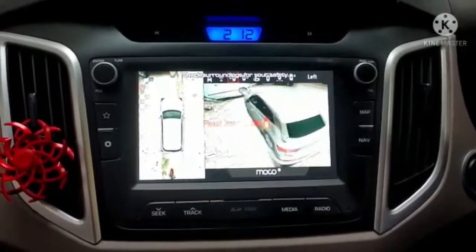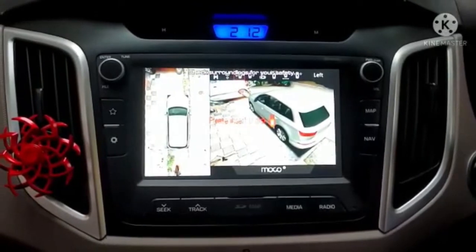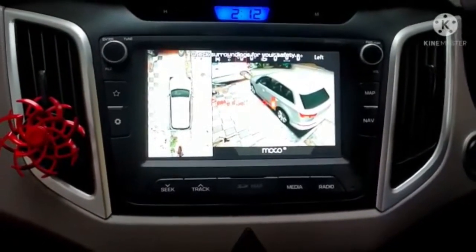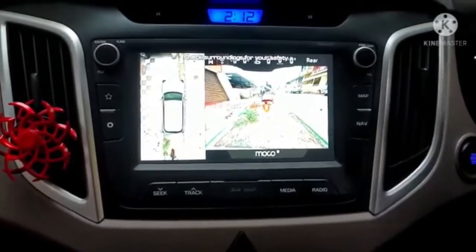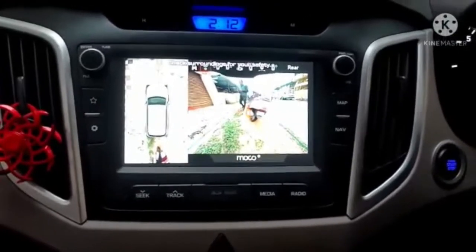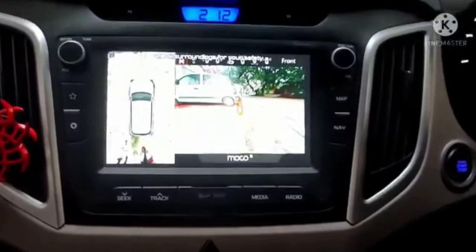This is a Moco 360-degree camera kit installed in a Creta. OEM system, we have integrated this. There is no cutting of wires or skinning of wires. There is an interface which is suitable for this vehicle. You can see